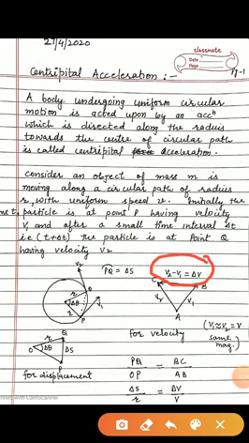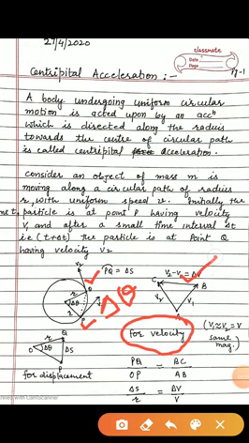In the same circular path, we have one more situation here. If the object was at point P, after a very small time it is at point Q, tracing an angle delta theta during this small interval. You know it, and this is known as angular displacement. Now these two triangles are similar to each other. Which two triangles? One triangle for the velocity, which I have drawn here, and the second triangle, which you are observing inside the circle, for the displacement.